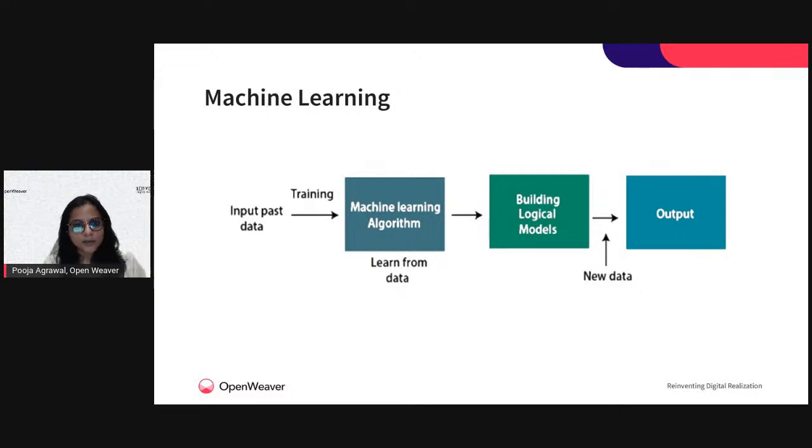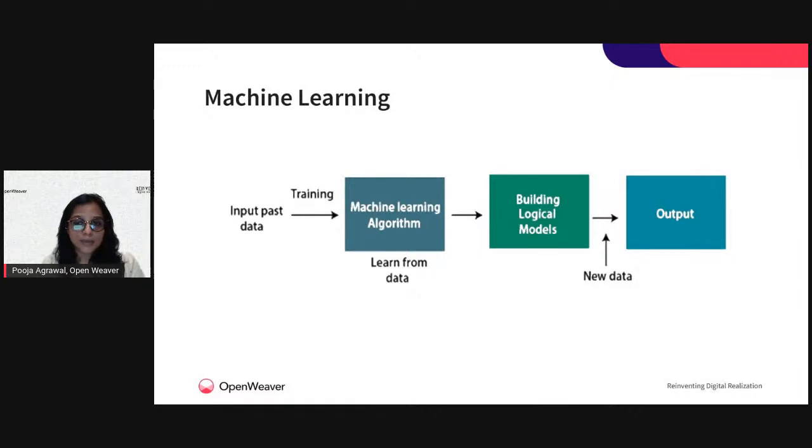So talking about the technology behind it, we are talking about machine learning. How do we set up a model which can help us with the different expected predictions or output? You provide the input data. That input data is used to train your algorithm. Your algorithm learns from the data that you provide, and then it tries to build on top of those inputs, right? There is a logical model. So you can ask what models. These could be KNN, decision tree, random forest, linear regression, or logistic regression.